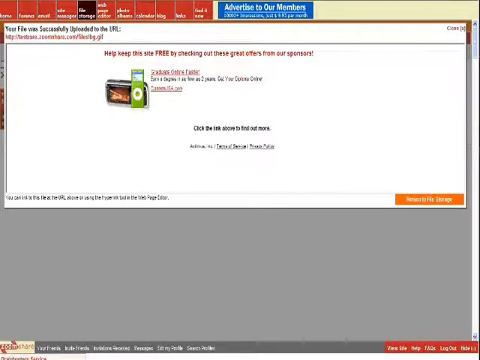It is important to note and remember that URL and the folder that you uploaded that file to, as that will play a role in the modifying of the code that you're going to add to your HTML later. So after noting the unique URL of the image file that you uploaded to file storage, then you return back to your main file storage screen by clicking Return to File Storage,